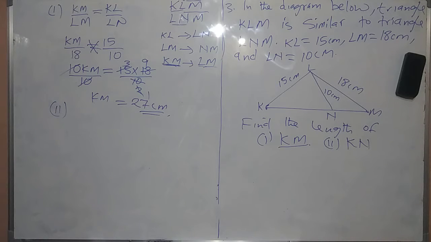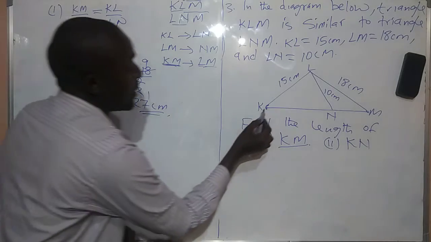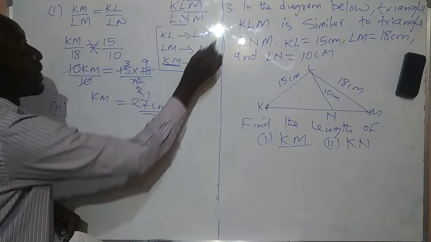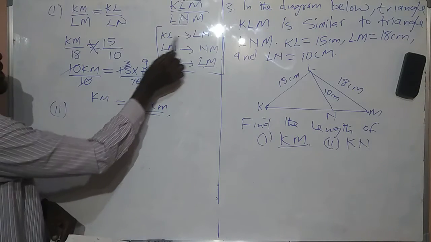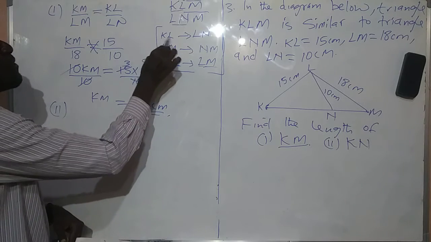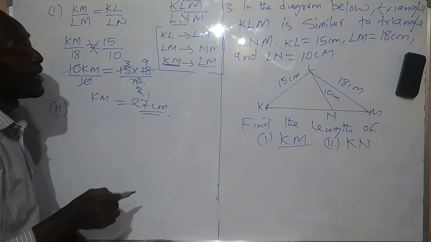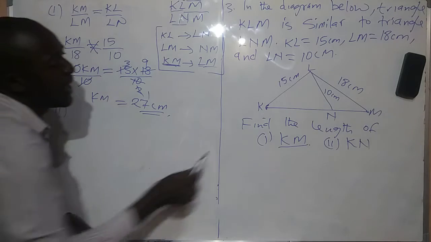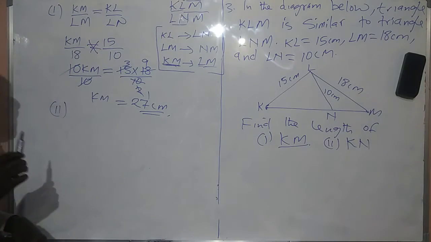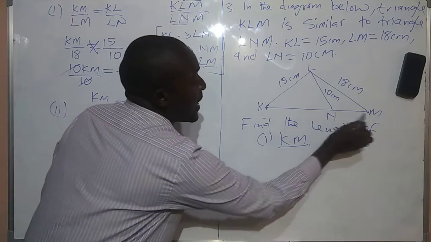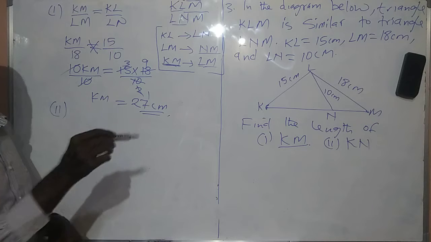So we go to question 2 now. So question 2 says find KN from here up to there. So we are going to check here if we have KN here. So we don't have KN anywhere here. We are going to check on which of these that we have written do you find KN. So you can see that from what we have written here, KN is found on KM. And not only that, we also have NM here. Here it is. So we can find NM.